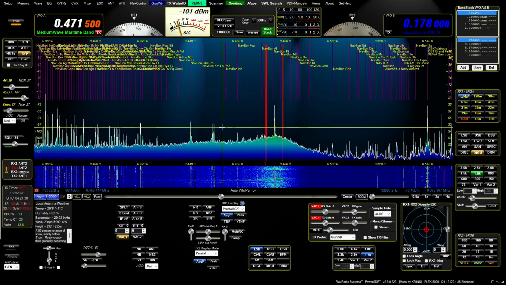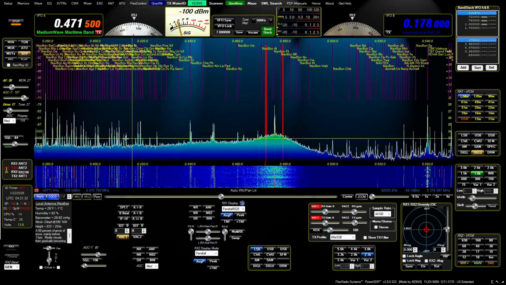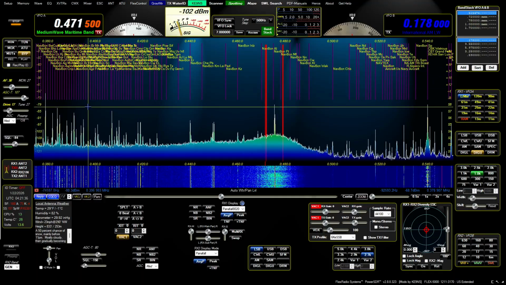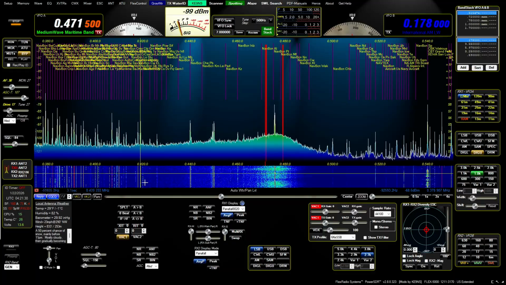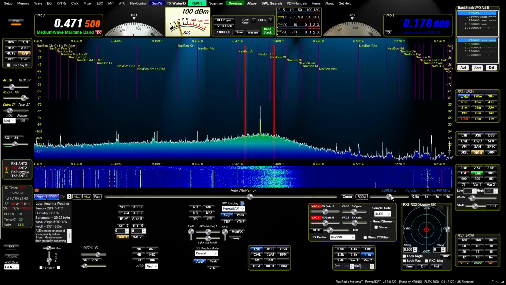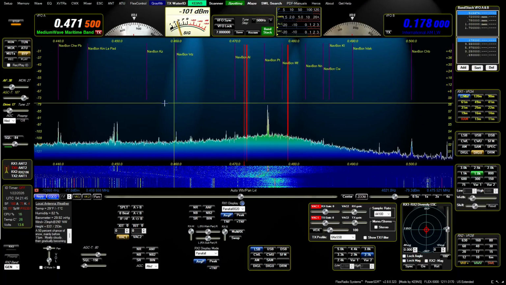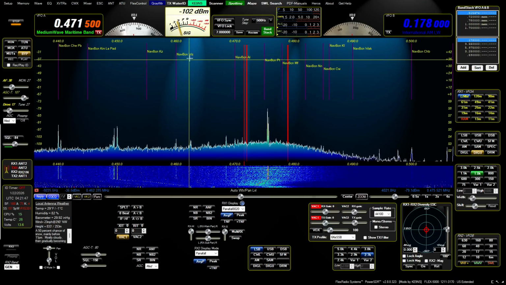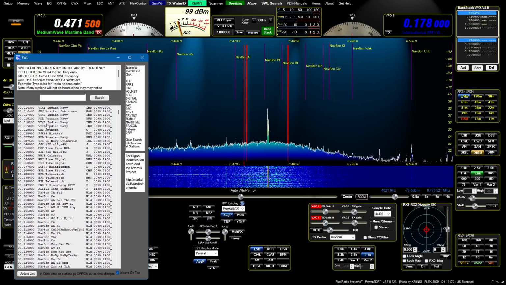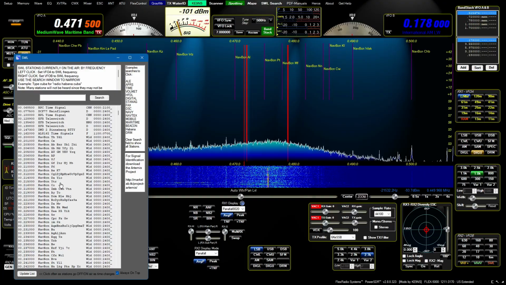But anyway, I just want to take you through some of the things. Now you're seeing all these signals here, and you notice there's a lot of navigational beacons still in operation down here. Let's zoom out a little bit to give you more space. Now, when you see these nav beacons, you're going to also see them here on the shortwave list, down at the bottom, where it says